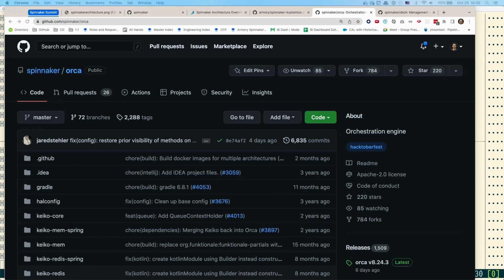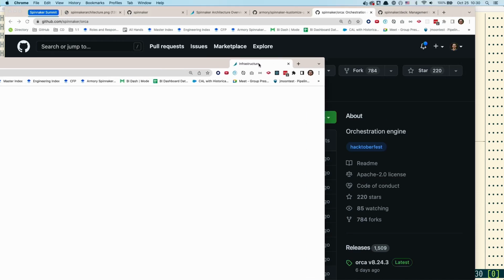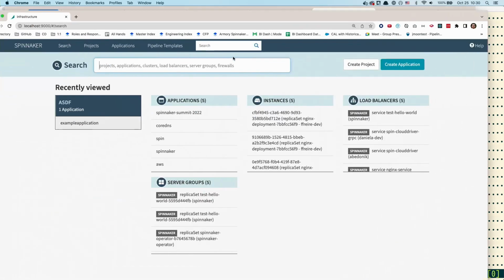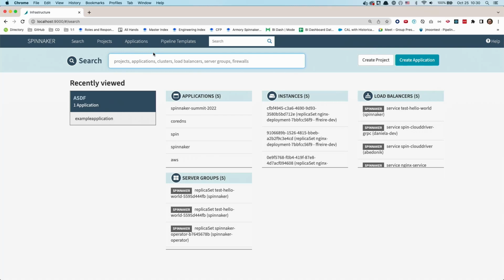Cloning repositories, I'm going to go through the deployment step again. A question in the chat to walk through that. So let me grab my Chrome browser again. Okay. So what we're going to do is, this is going to be the home page for Spinnaker itself, and